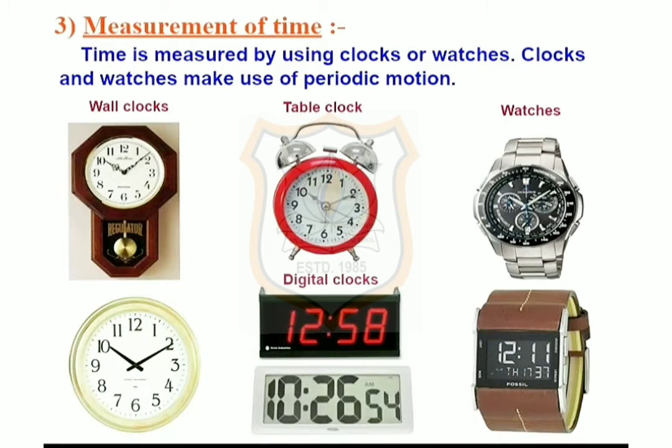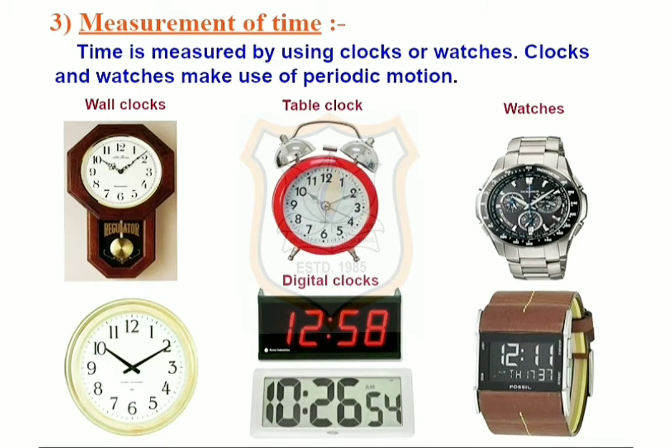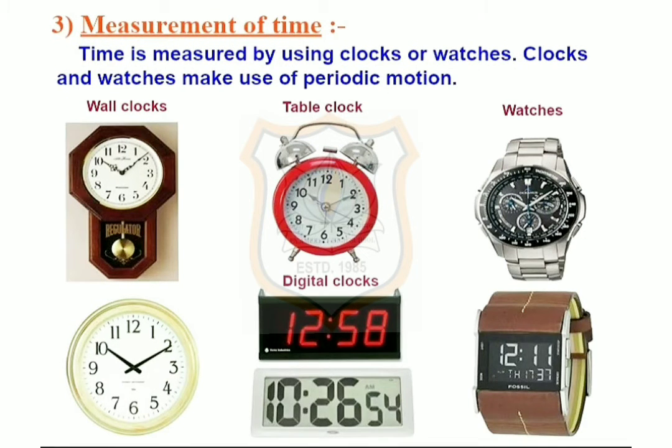Our ancestors noticed that many events in nature repeat themselves after defined intervals of time. For example, they found that the sun rises every day in the morning. The time between one sunrise and the next was called a day. Similarly, a month was measured from one new moon to the next. A year was fixed as the time taken by the earth to complete one revolution of the sun.